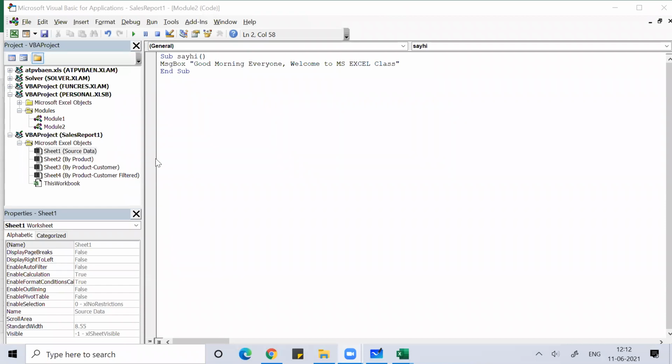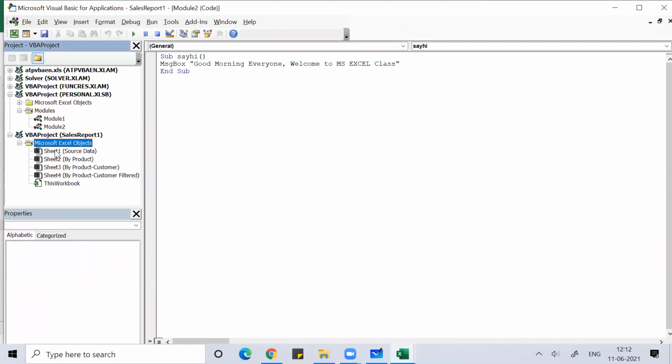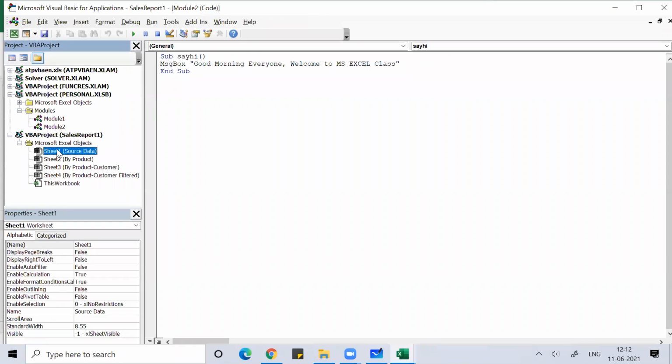Suppose there's only one workbook open, which is Sales Report 1, and in that I want it in Sheet1. Select whichever sheet you want this done on. At the top you can see General, so go to the drop down arrow and select Worksheet.